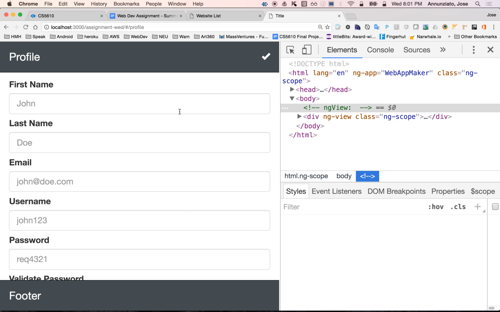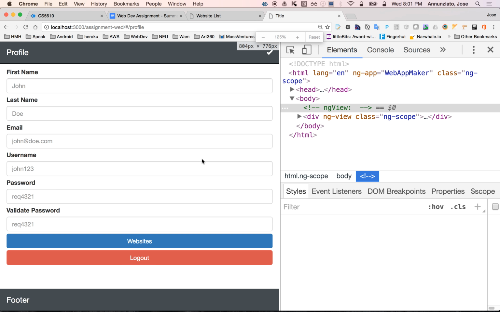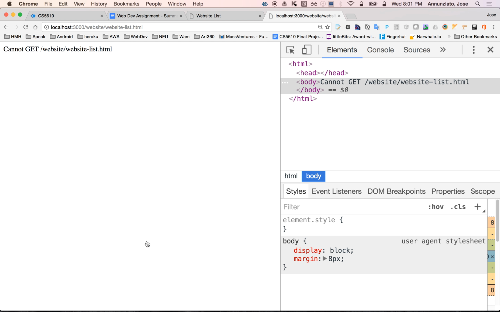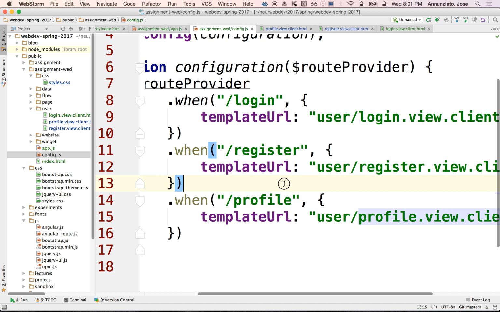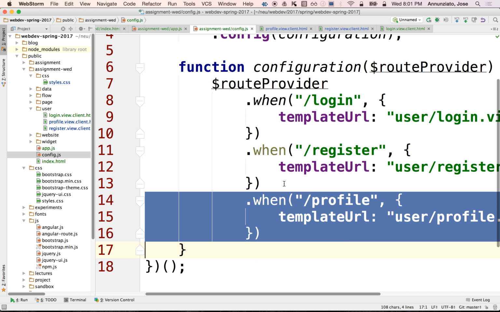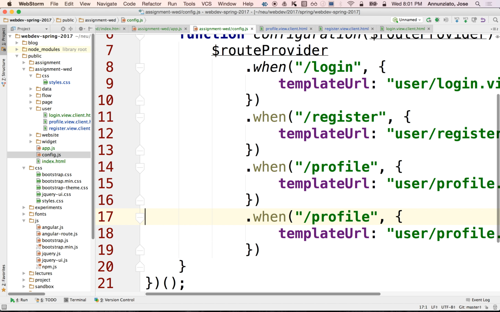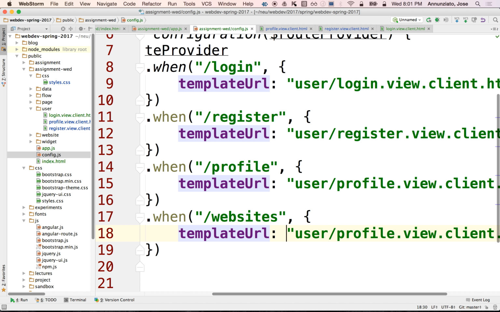All right, so let's keep going. Websites, that's still not working. So let's navigate to the website. So let's fix that. Perhaps websites. Okay, and that would go where? Would go something like website